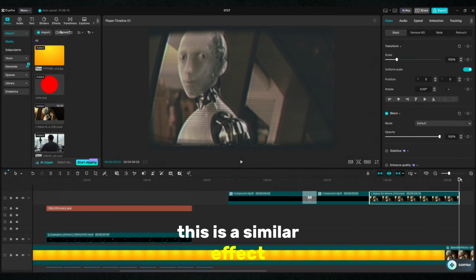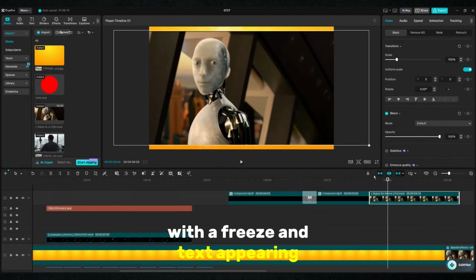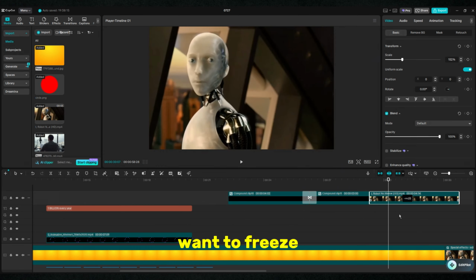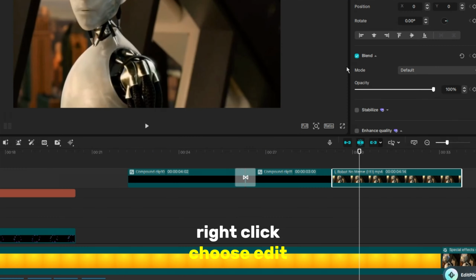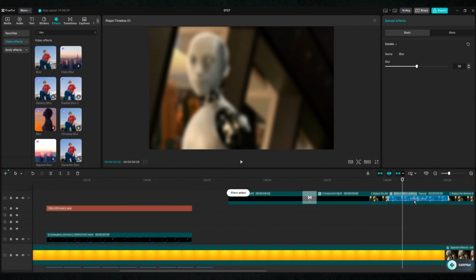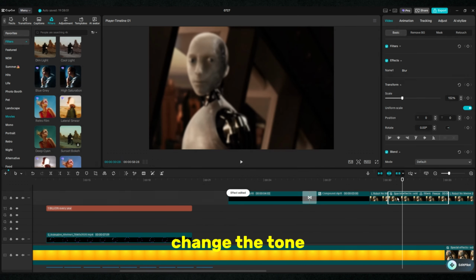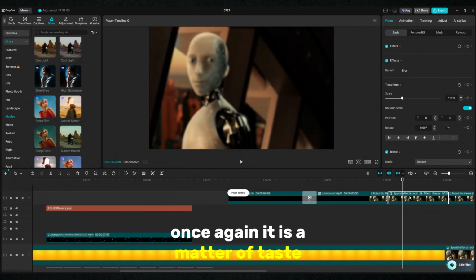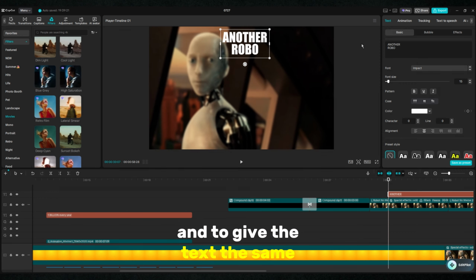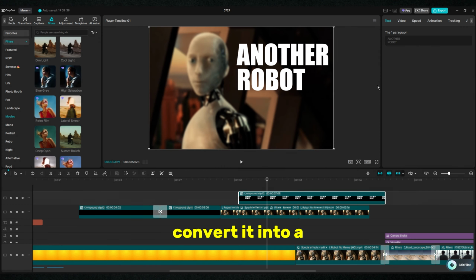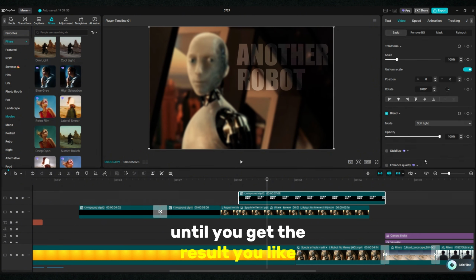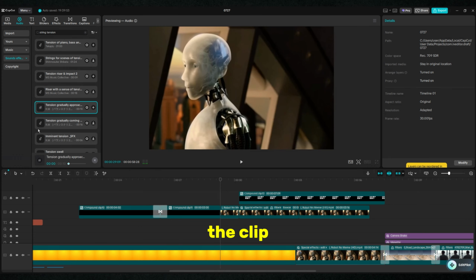This is a similar effect, with a freeze and text appearing. Very easy. Go to the part of the clip you want to freeze. Right-click, choose Edit, then Freeze. Then apply an effect, like the blur effect. Then apply a filter to change the tone. Once again, it is a matter of taste. Then add your text. And to give the text the same effect as Jiani, convert it into a compound clip. Then change the blend mode until you get the result you like. And with a little sound effect on the clip separation,